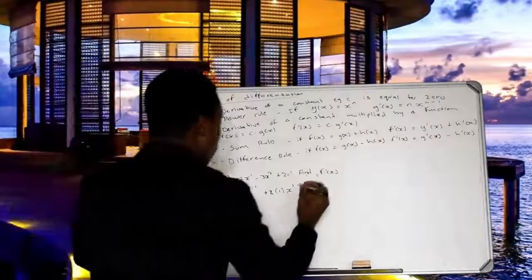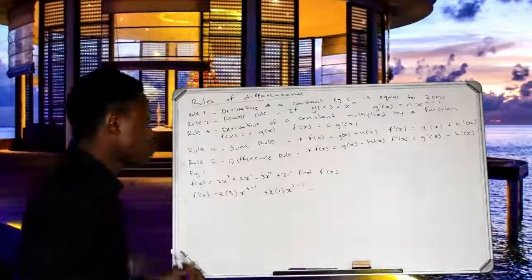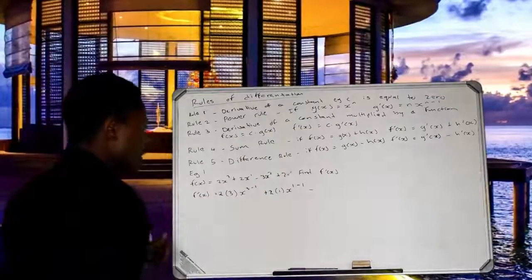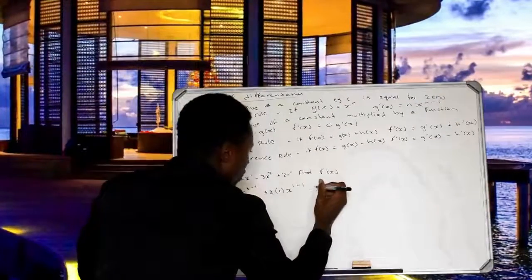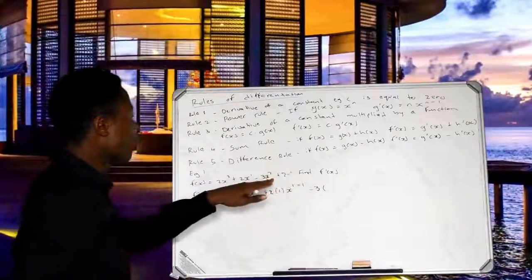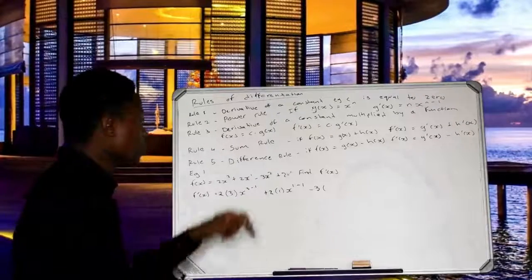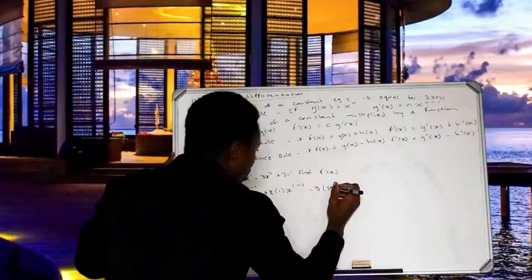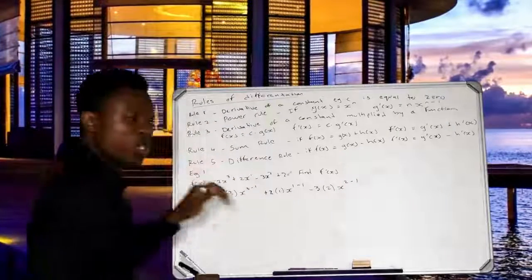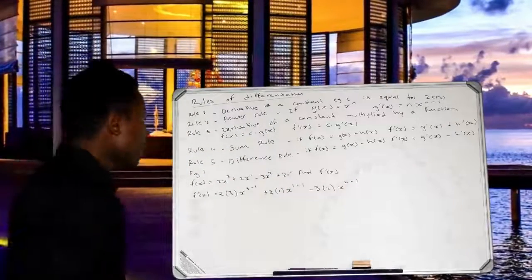And then we go to the next one, minus. Again, this is the difference rule. I keep the negative there, then I find the derivative of the other thing on the other side. So this will be 3, and this becomes 2. So now what do I do? Again, it's the power rule. So I bring down the n, then I make it x, then I'll say 2 minus 1, which is n minus 1. The last one,